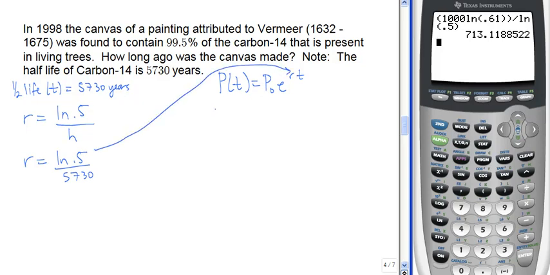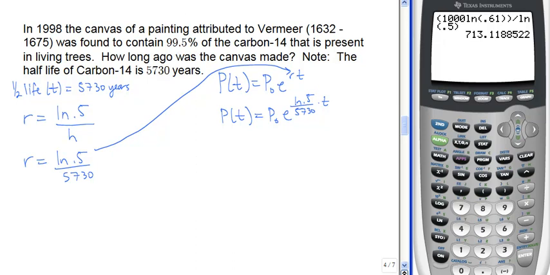So in this problem, our half-life for our element is 5,730 years, so that's what we are going to plug in for this R. So our model becomes P of t equals P sub 0 e to the ln of 0.5 divided by 5,730 times t. Now they don't tell us in this problem the initial amount of carbon-14 that was present in the painting whenever it was created. They do tell us that when it was found, it contains